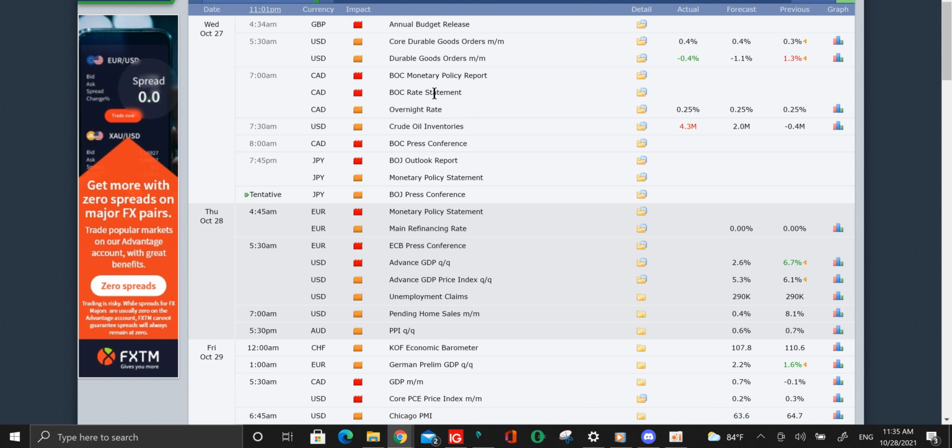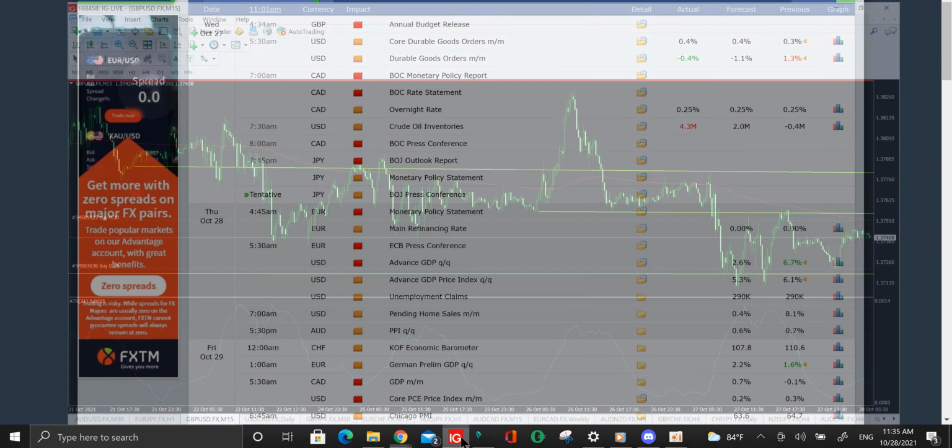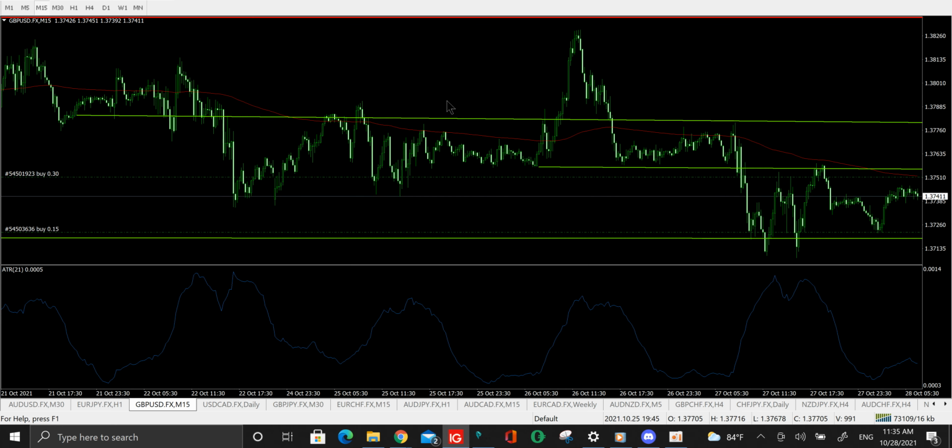So maybe GU may not be the best pair to trade, but now let's just find a better pair to trade. We went over EURGBP, and there's news coming up for Europe as well, so I don't really think EURGBP would be the best pair to trade as well. If anything, I think GBPJPY is going to be the trade of the day, but also let's just take a look at EURGBP and GBPJPY on the charts. So let me scroll this.